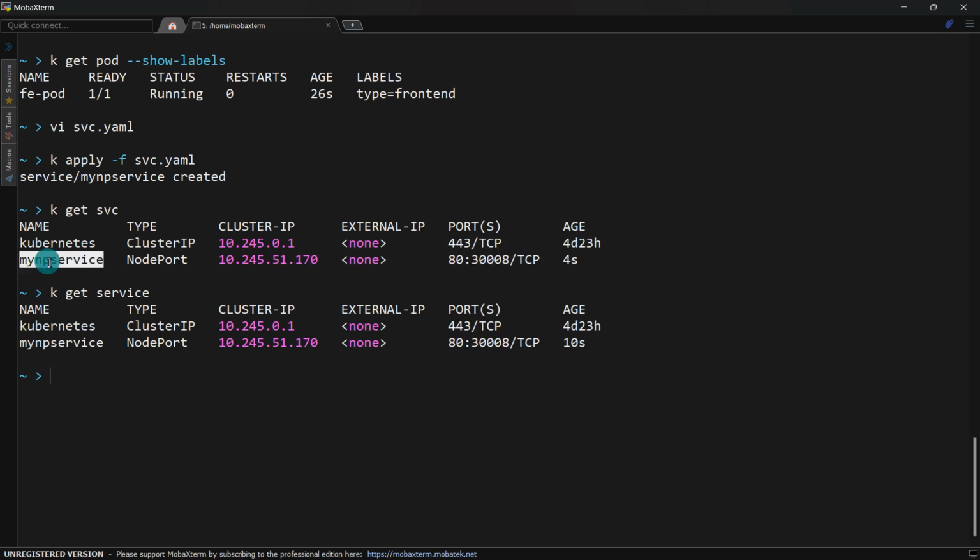Okay, so the name of the service I kept as my NP service. The type of the service that I have created is this, and a random IP will get assigned to that service. And this is the node port, 30008, which I have kept as a node port. So if you want to access this,